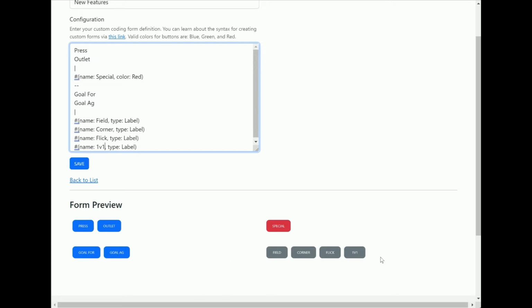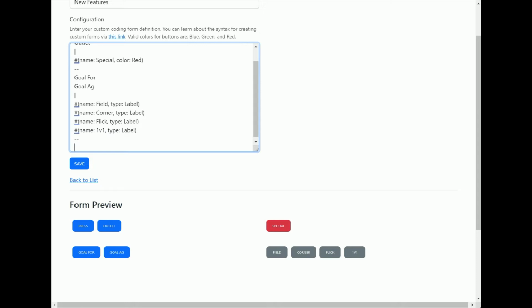So there's my 4 labels, and so that shows the difference between event types of buttons and label types. There's one more button type that I'd like to show, and it's a switch. And so I'm going to create a row, and what switches are is it can have a state that's on